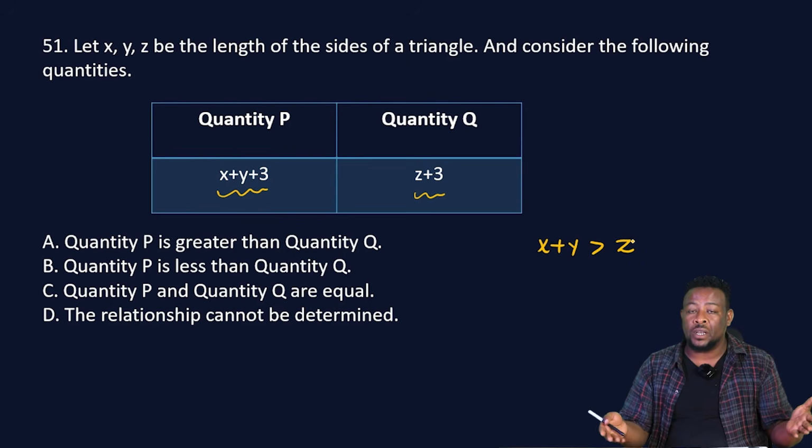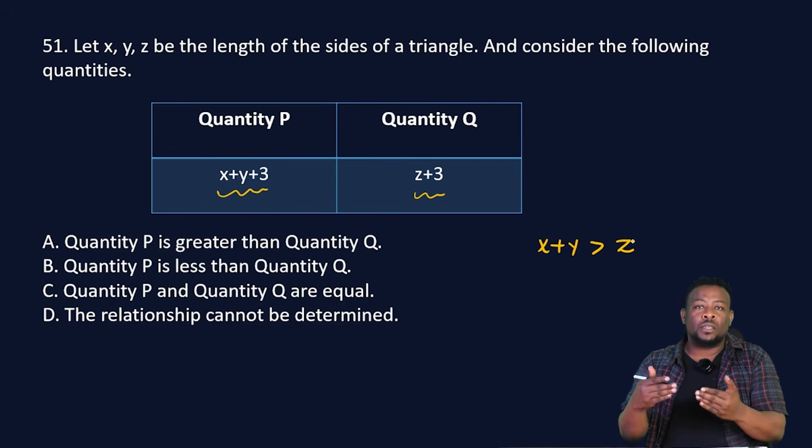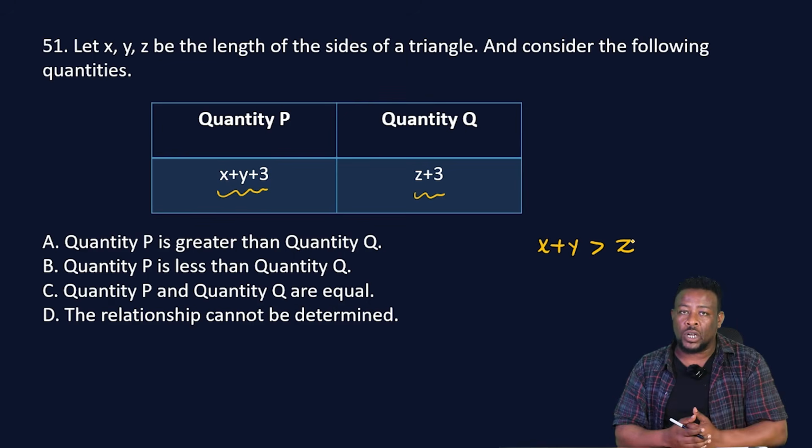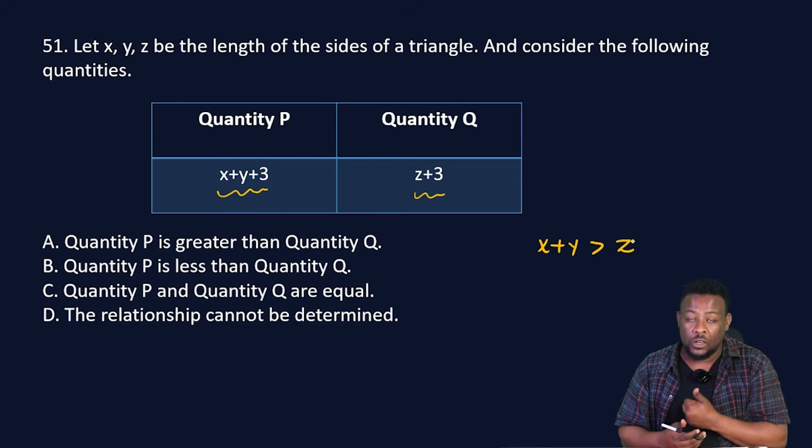are the sides of a triangle, so without loss of generality we can say that x + y is greater than z. That means the sum of the two sides must be greater than the third, የሚል rule ስላለን